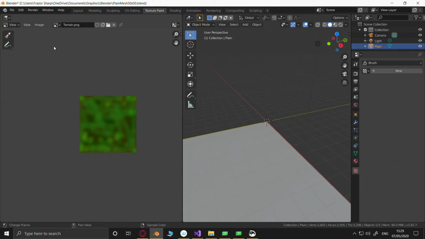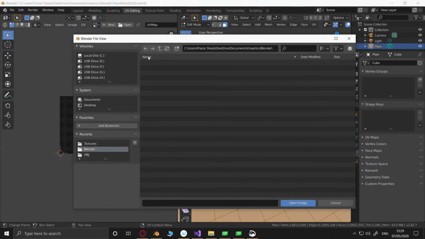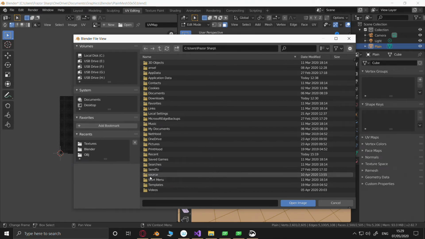Annotate. God. How do I link it? Is it here? Or is it here? I want texture paint, I want UV editing. Okay. Getting sick of doing this.